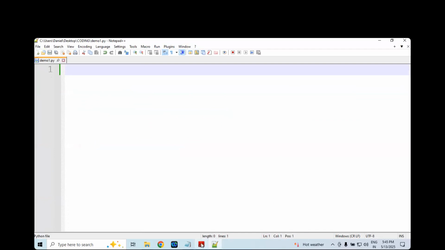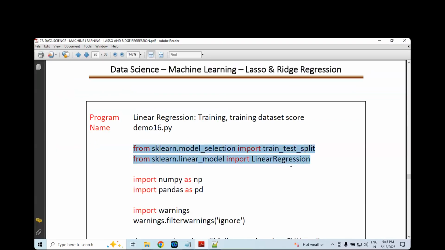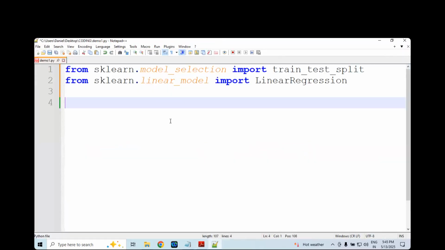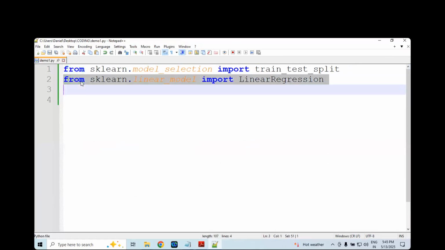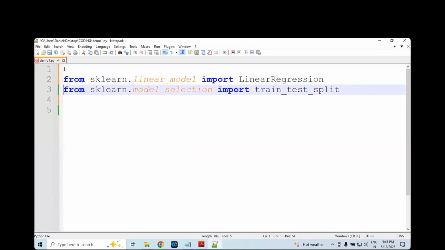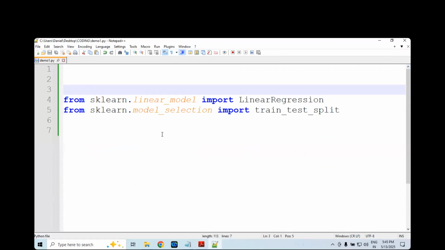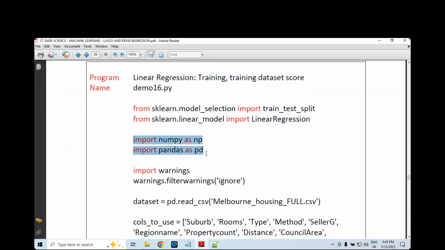Let me run this. You are importing the required things. NumPy and pandas you're importing.